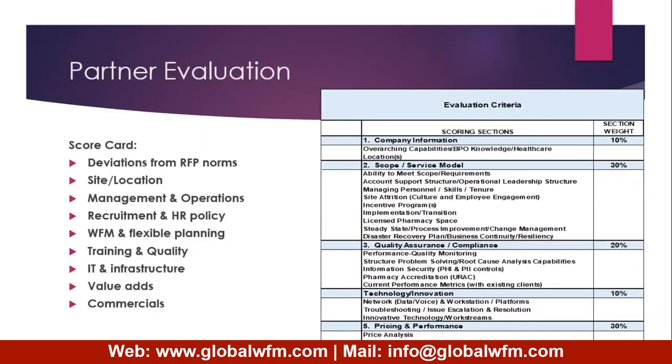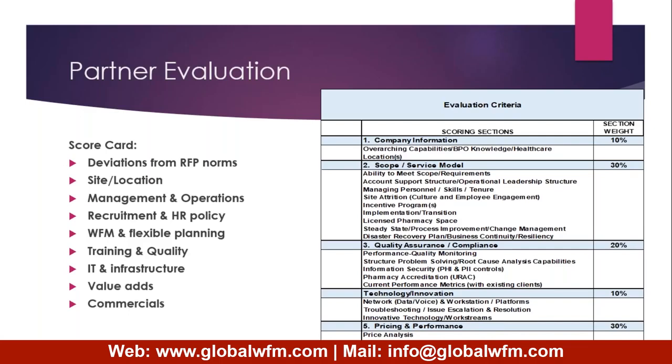Right. So all this is from a partner side, and from a client side, what is it? From a client side, normally we see certain parameters for how to evaluate a partner. It is very important for them to understand what the partner does, right? It is very important for the client to understand what RFP norms I have provided, what is in the proposal, and how much it is deviating. For example, I have asked for a 10,000 seater bank in India, but the partner has proposed 5,000 seater in India and 5,000 seater in Philippines, right? So it is deviating. Maybe a second site strategy, maybe a second thing, maybe